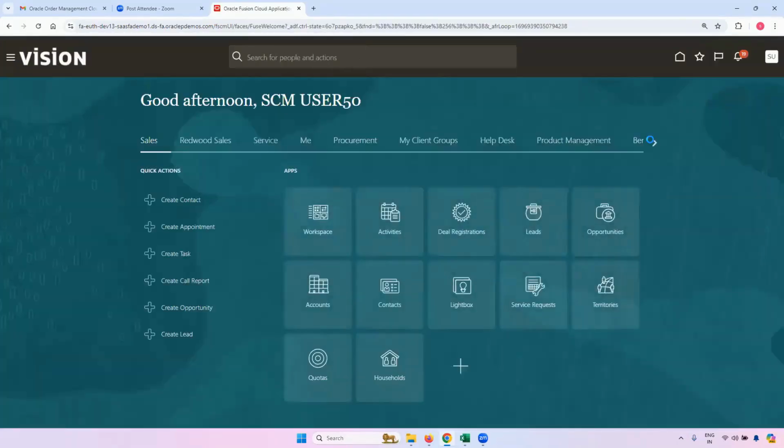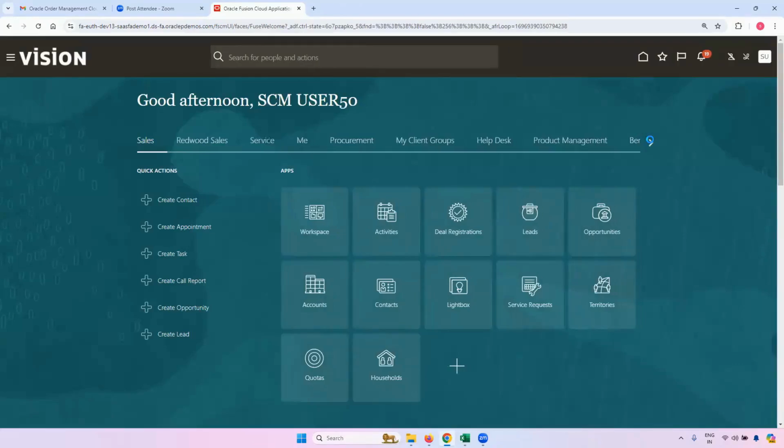So I have clicked on the home screen. Let me show you how the home screen looks. Yeah, so this is the home screen of Fusion. On the top, you see good afternoon and the username of the person who has logged in. Then in the Springboard, you can see different modules, right? There's order management as well.